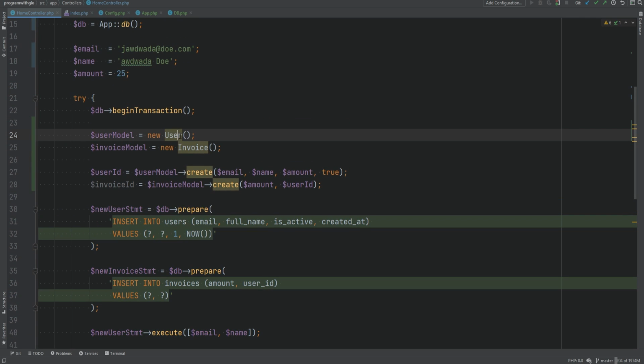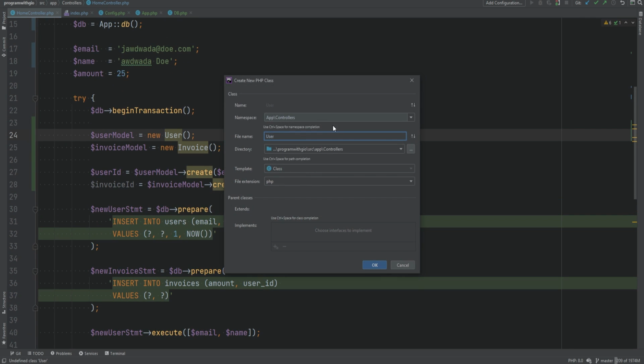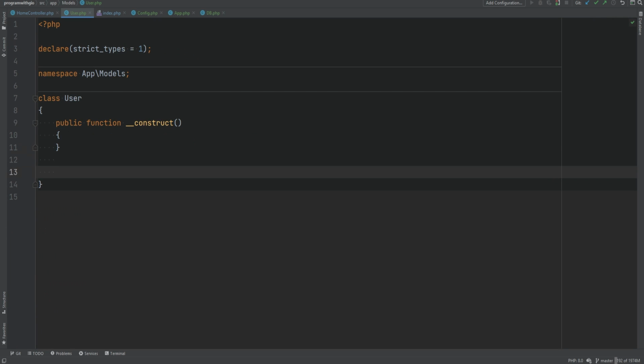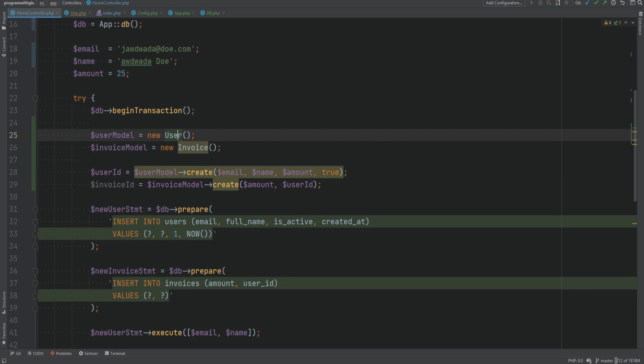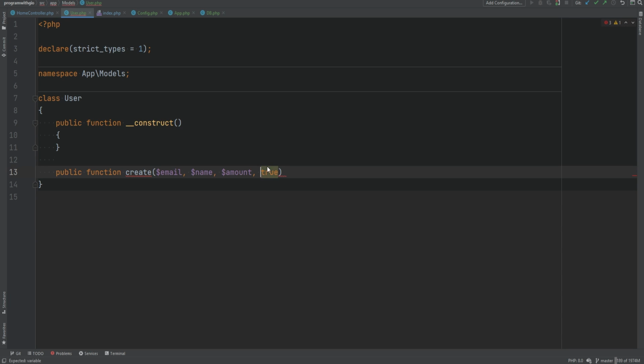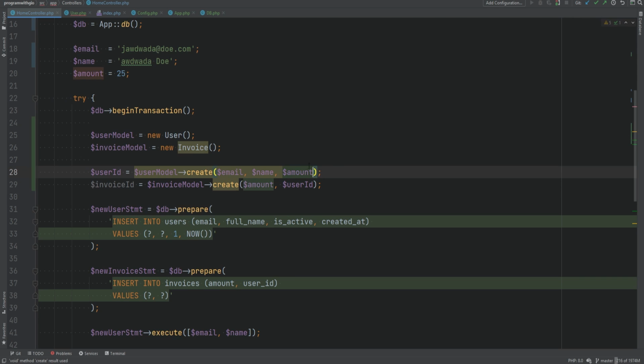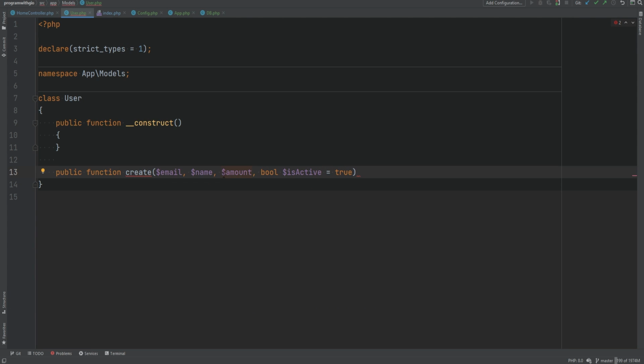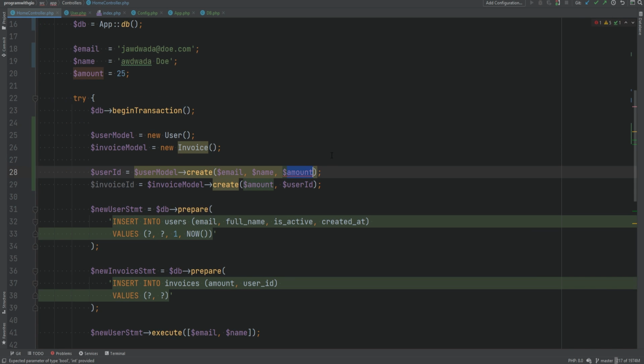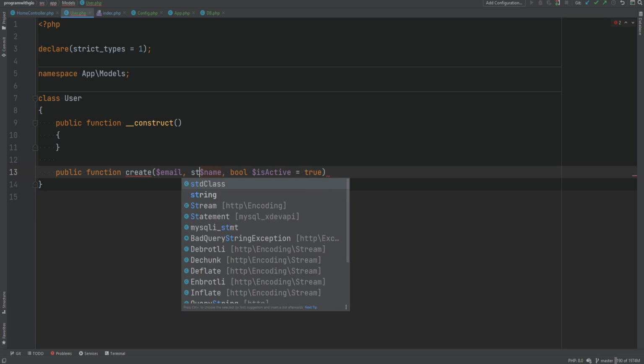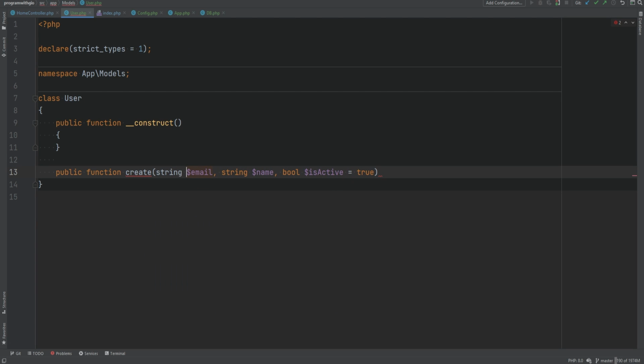So let's create the user model first. I'm going to create this and we'll put it within the models namespace. And here we need the method called create, which accepts all of these arguments. So we need email, name, amount, and isActive. So I'm going to copy these here, and we'll set isActive to be true by default, which means that we can get rid of this from here. We'll set the type to Boolean, and we don't need the amount for the user creation. I don't know why I passed that in, so we don't need this at all from here. And we'll set this to a string. We'll set this to a string as well, and this will return an integer, which will be the ID of